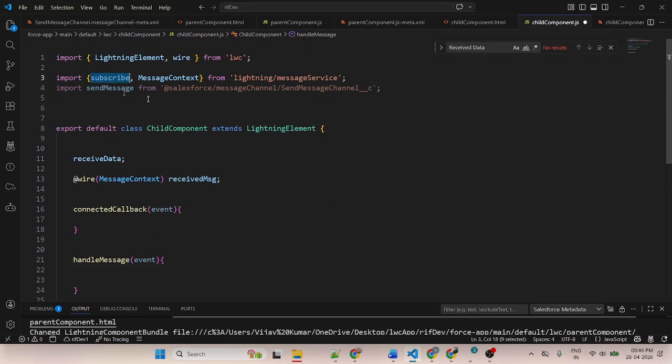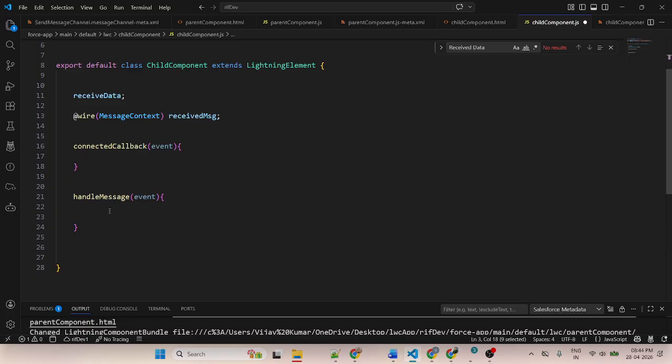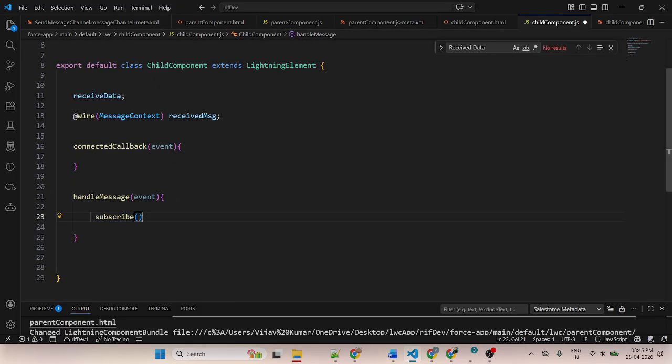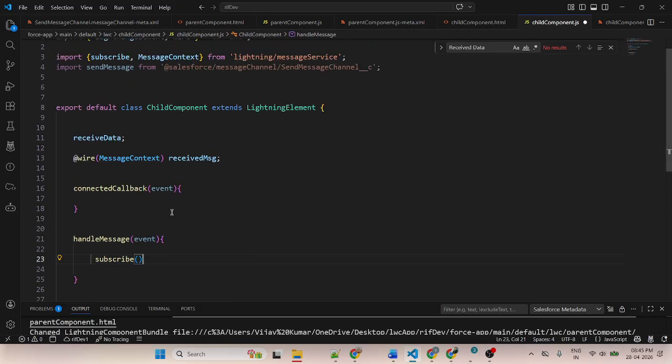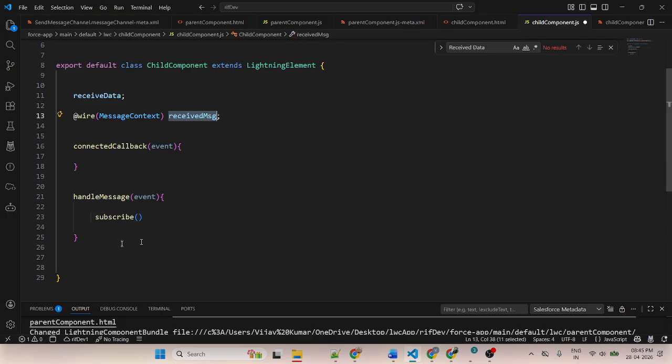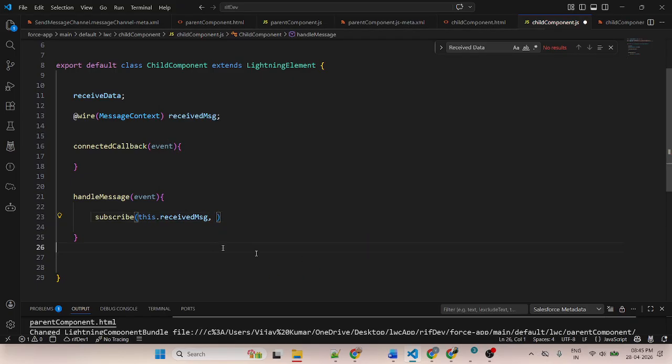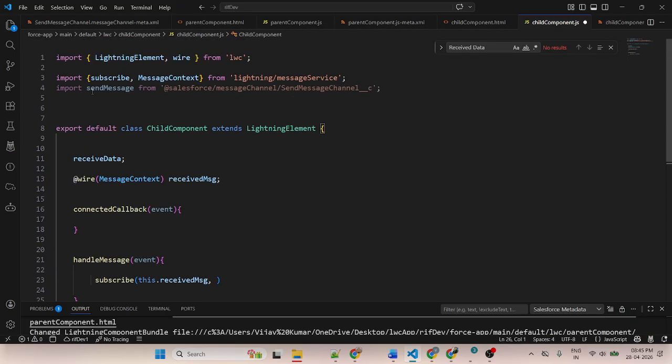In this handle message, I will use subscribe. Similarly, if you check the parent component, there are three types of parameters applied. Similarly, in the JavaScript of the child component, I will apply three parameters. The first parameter is the context. Then the Lightning message file component name.